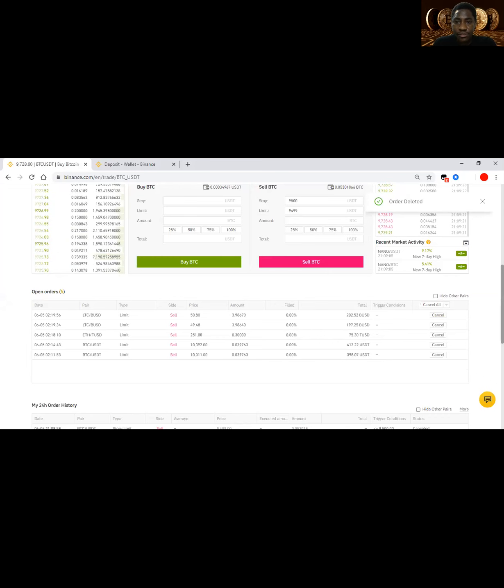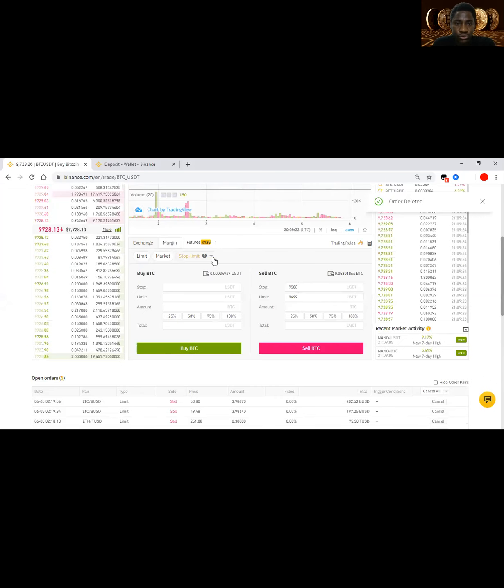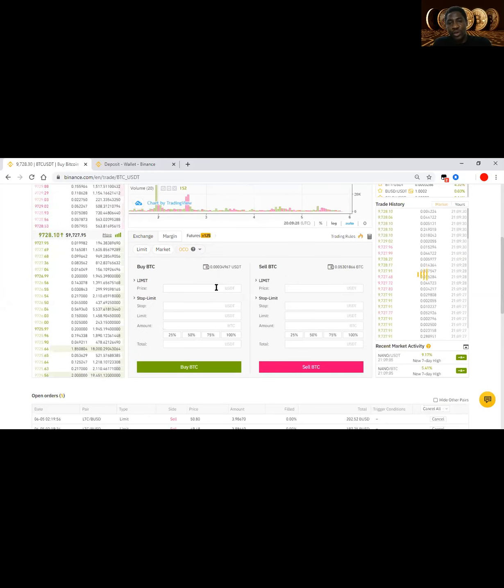Now the next thing is the OCO. How do you use the OCO? Now, you click on OCO. OCO will help you to achieve two things. Number one, what we did earlier with stop loss only took us out when the market goes down. What happens when the market goes up? Now, OCO will let you do one thing. If the price of Bitcoin is at $9,700, perhaps you're targeting 9,900. You are saying, if the market gets to 9,900, all right, close it for me,